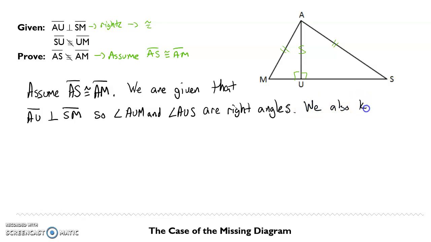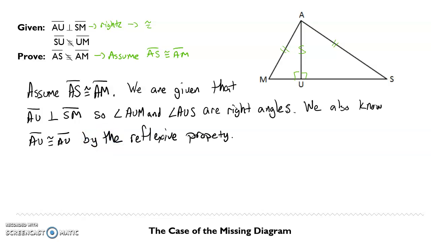We also know segment AU is congruent to segment AU by the reflexive property. Now I have to state my triangles are congruent. I have congruent hypotenuses, segment AS congruent to segment AM. I have a congruent leg, and I have right angles. So I can state that my triangles are congruent by HL congruence, and therefore,